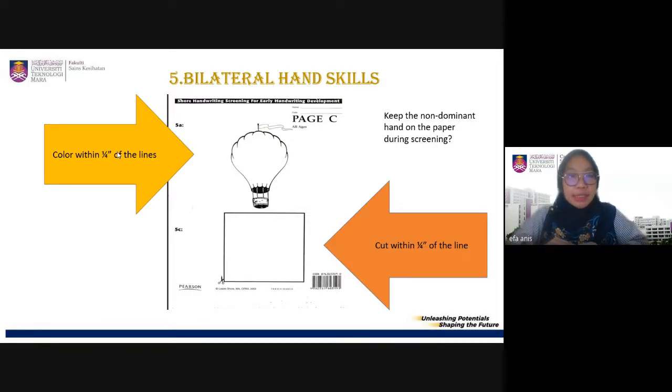As you can see, title dia adalah bilateral integrations. However, dalam ni kita tengok banyak skills because this task is very complex for a kid. And then dia combine kan 3 to 5 and also 6 years old above. So as you can see, arahan pertama yang kita akan bagi dekat budak adalah kita akan ask him, okay, kita